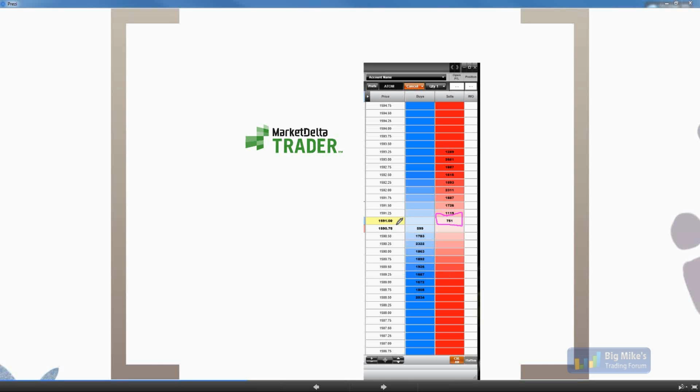Furthermore, now Big Mike says, you know what? I was wrong. I've got to get out. I only want to lose a tick because Big Mike's good at managing his risk. It's one thing he's really good at. So he buys 700 at 91 even, and he sees something and he wants to spin out of them. Maybe an hour later, maybe 5 minutes later, maybe 5 seconds later. So he sells 500 of them